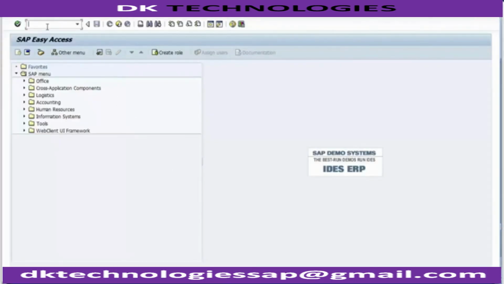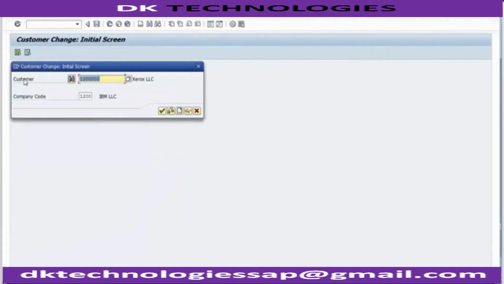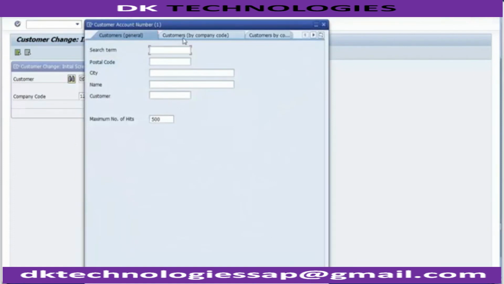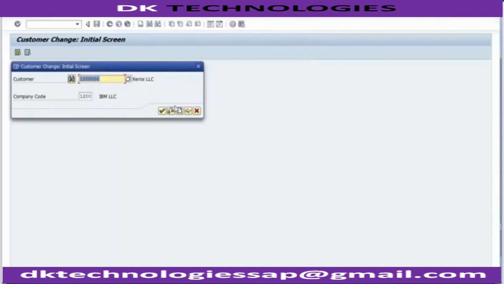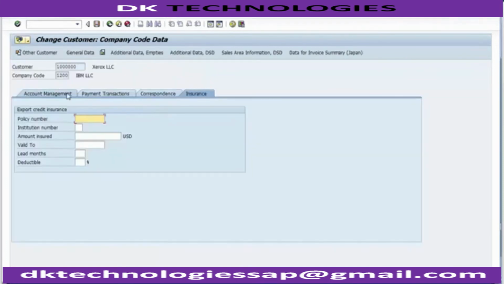Now if we move to FD02, enter, you can see the customer over here is already coming. Else, if there could be a lot of customer accounts, in that case you need to go and search with this. So as of now in company code 1200, there is only one customer which we just created, so you will find only one. Double click on it and it will be selected. Now continue or enter. Now you can see in the general data